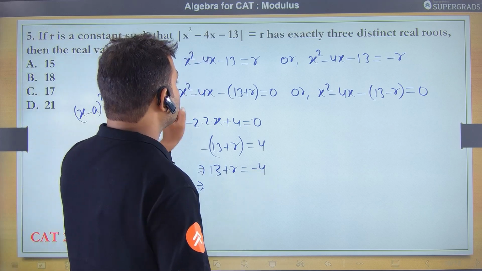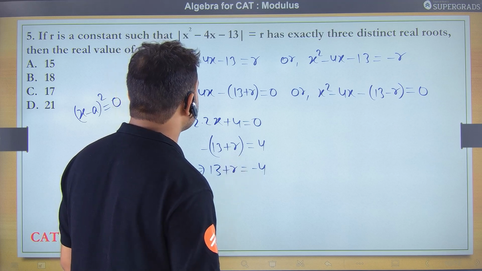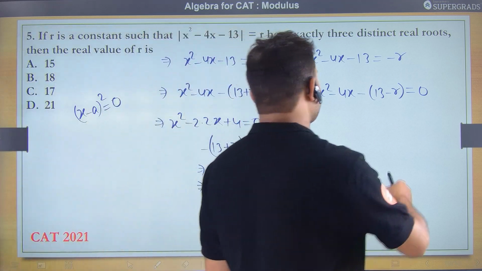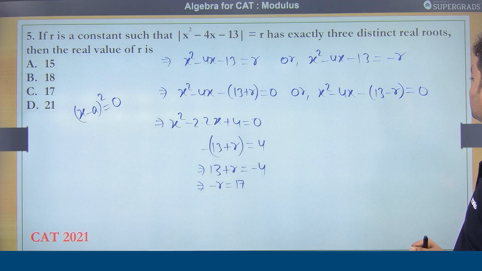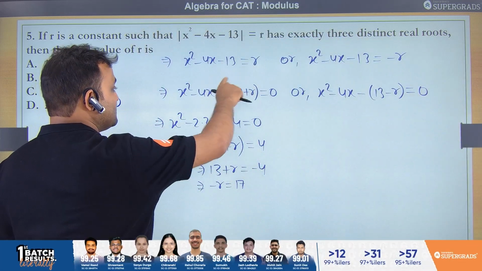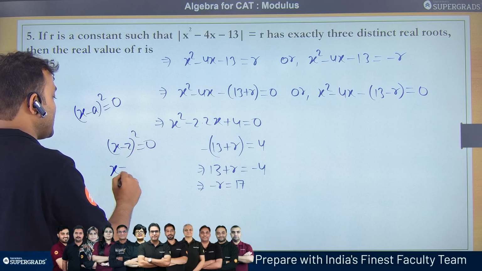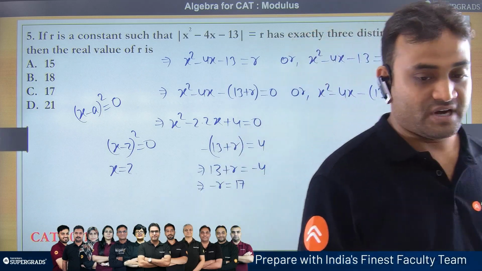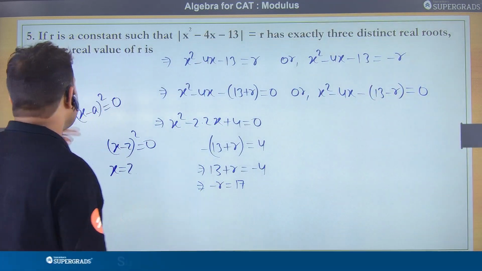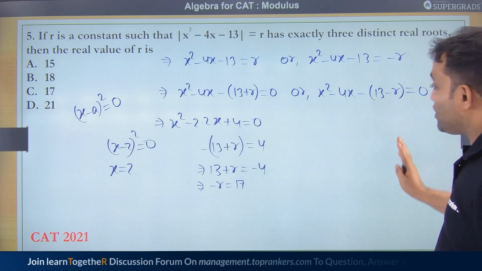अच्छा, यहाँ पे क्या हो जाएगा, -13 + r अगर हम ले रहे हैं तो ये r इज इक्वल टू कितना आ जाएगा, r = 17 आ जाएगा। तो r = 17 है ना। अगर हम यहाँ पे 17 रखें, तो ये माइनस और माइनस प्लस, देखो इट डजेंट मेक सेंस यहाँ पे। ये वैल्यू हमें 4 लानी थी, तभी जाके ये एक परफेक्ट स्क्वायर बनेगा ना। (x - 2)² = 0, x की वैल्यू 2 निकल के आएगी, राइट। तो दिक्कत कहां पे हो रही है, ये वैल्यू अगर r की वैल्यू -17 आ रही है तो ऑप्शन में भी नहीं है। और r की वैल्यू अगर हम यहाँ -17 रखते हैं तो ये -4 आ जाएगा, विच इज नॉट मेकिंग सेंस।